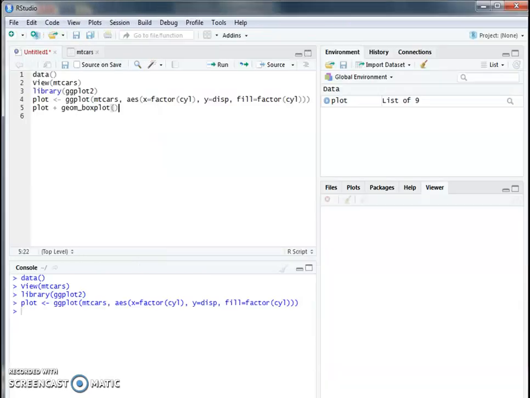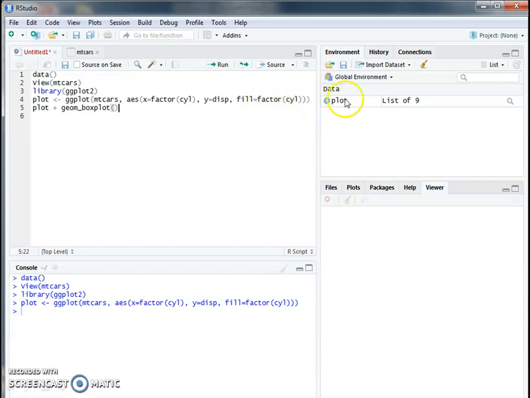And cylinder as a discrete variable for plotting my graphs. So first I am going to plot a box plot, and for that I first have to call ggplot2. For calling ggplot2, you have to give the command library(ggplot2). Then I'm going to make an object with the name plot: plot, ggplot, mtcars. mtcars is the name of your file. Then aesthetics: which variable you want on the x-axis, which on the y-axis, and fill is to give the color, and it is on the basis of the number of cylinders. And you just run it.